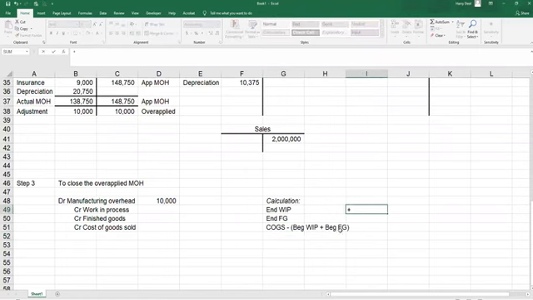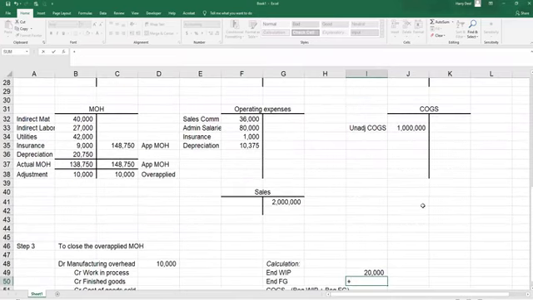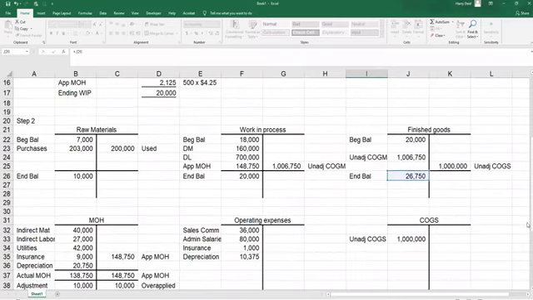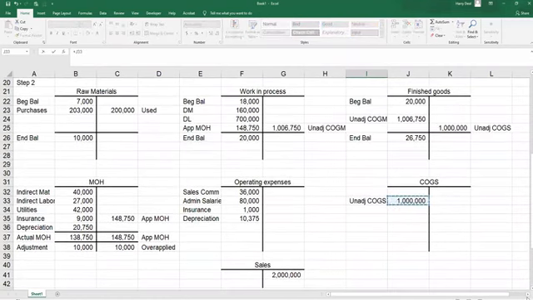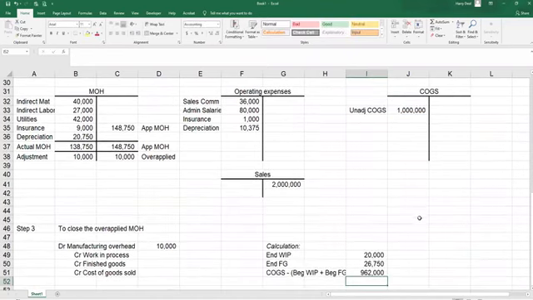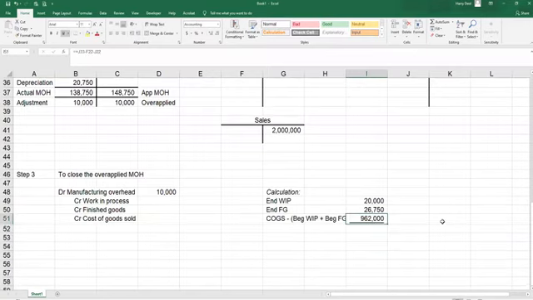So our ending work in process is 20,000. The ending finished goods inventory is 26,750. And from cost of goods sold, $1 million, you want to subtract the beginning work in process and the beginning finished goods inventory. So that's $962,000 left over. The sum total of these amounts is